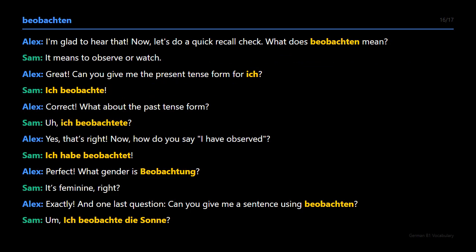Ich beobachte. Correct. What about the past tense form? Ich beobachtete. Yes, that's right. Now, how do you say I have observed? Ich habe beobachtet.